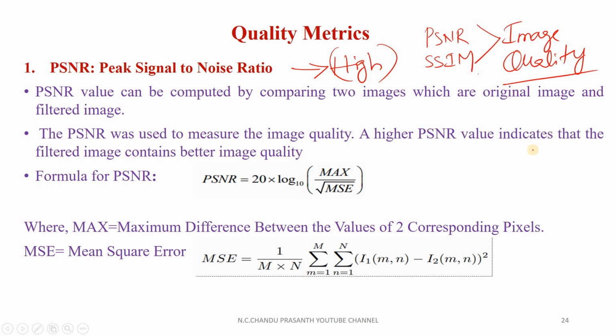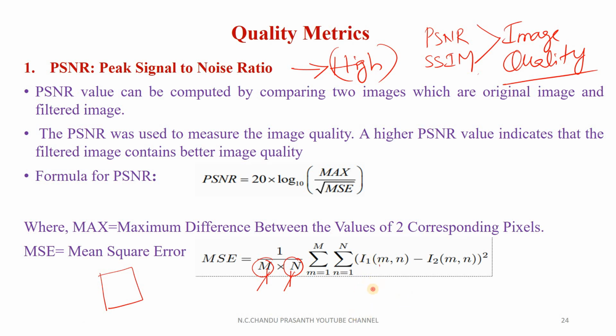This is the general theoretical formula for PSNR: 20 times log base 10 of max divided by the square root of MSE, that is, the mean square error. Here max is the maximum pixel value, and the mean square error is 1 by m n times the sum of squared differences. Here m and n are the dimensions of the image, the height and width. So if you consider an image, the height is m and the width is n. I1 of m comma n